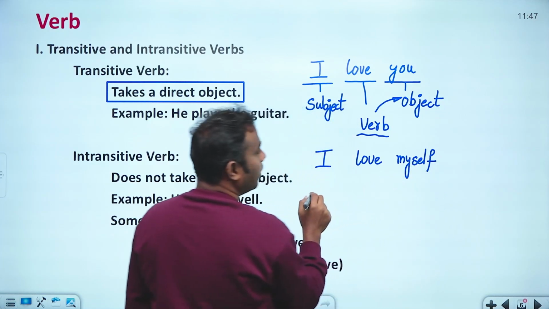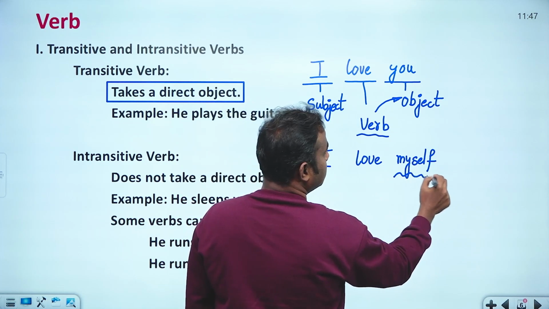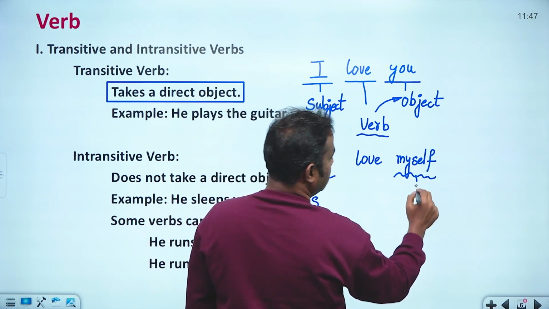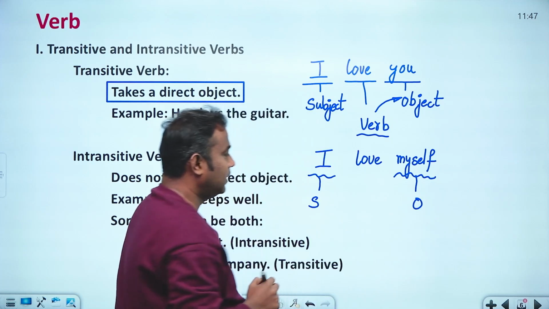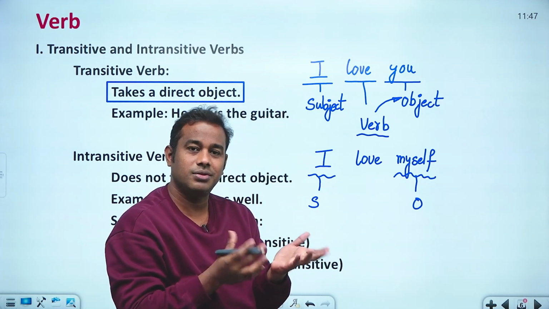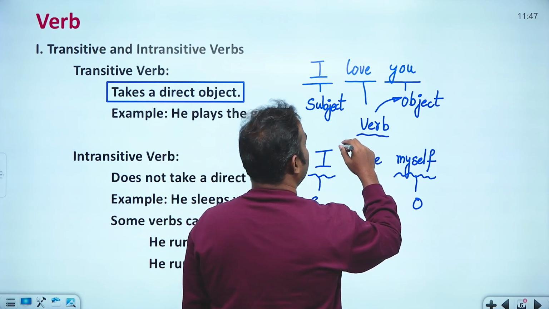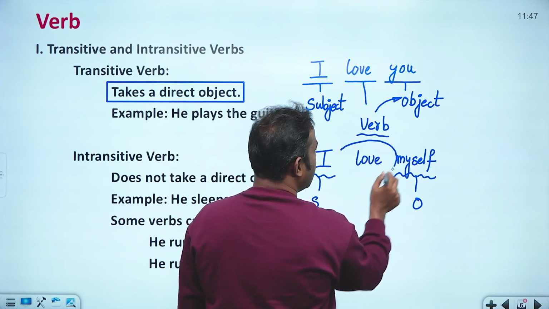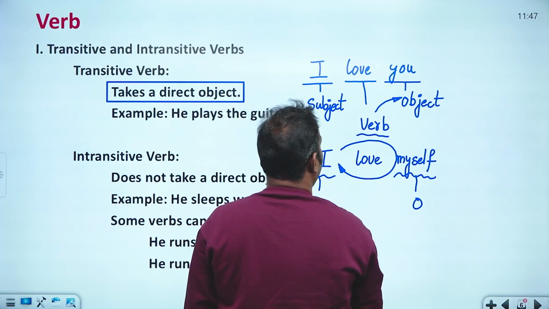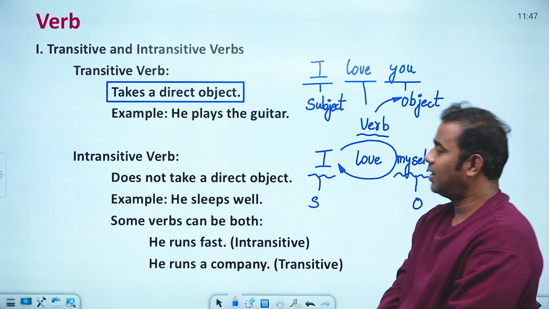myself. So what happened now? This myself is basically the object, this is the subject. But look at here, between the subject and the object there is no difference. So what happened here is the action has been performed back onto the subject itself. Okay, so that time we can call this one as a